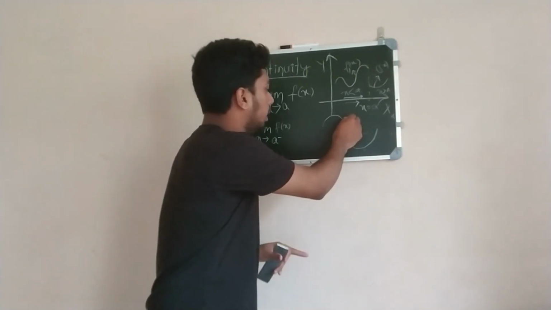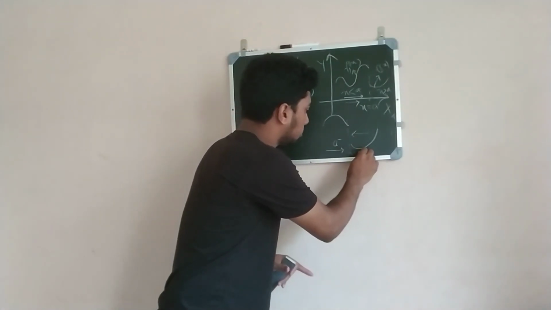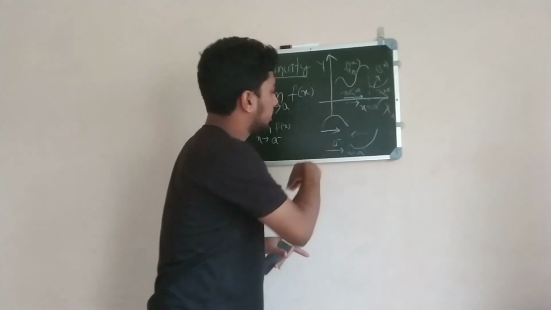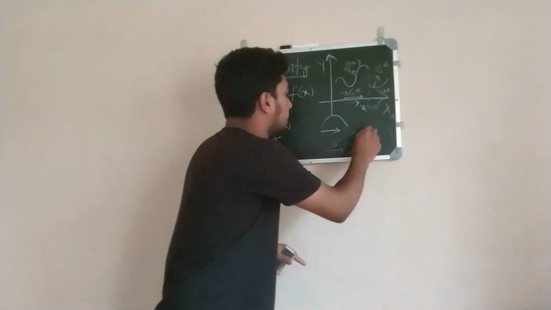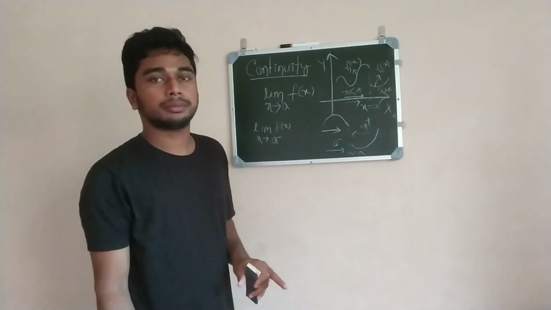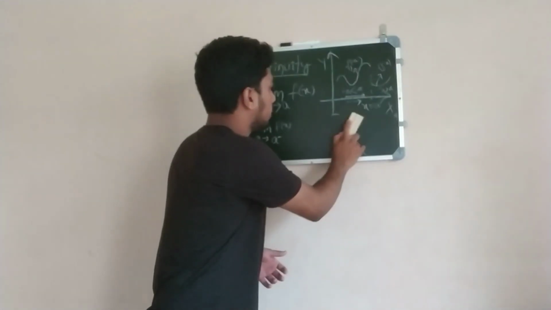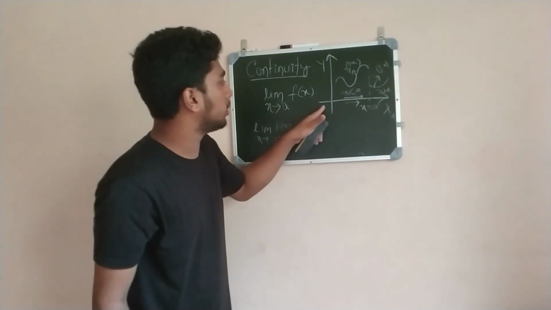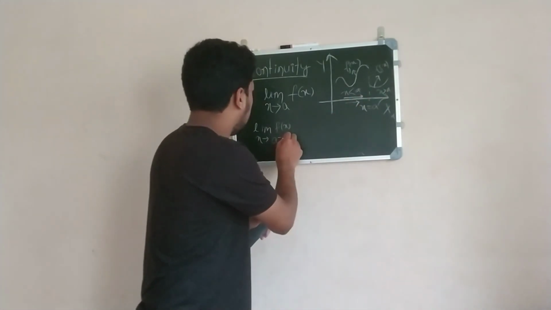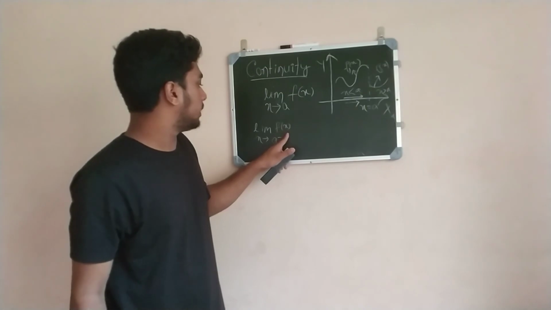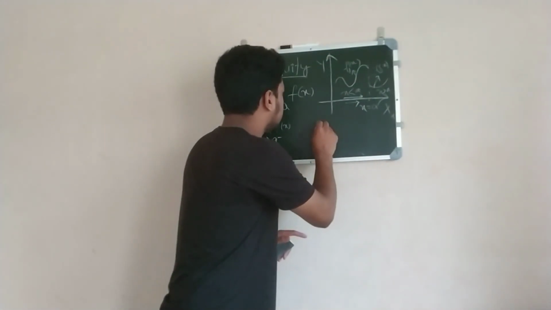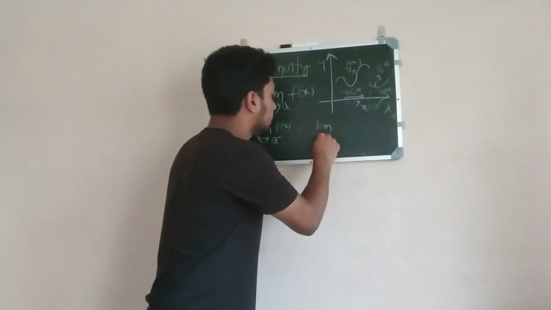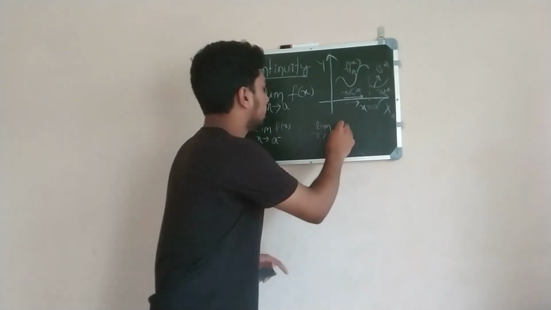I mean I am approaching x equal to a. This is x equal to a. So I am approaching from the left side. From the left side means a minus. From the right side means a plus. So here I am approaching. A minus means I am approaching from the left side. So I will rewrite this as this. So next is limit. If I approach from the right side, I will write x tends to a plus of f of x.